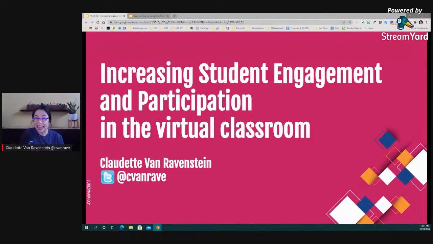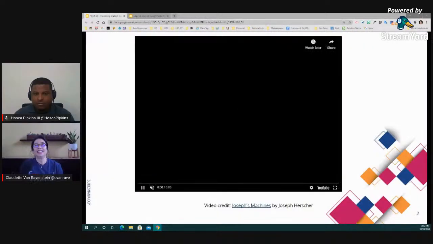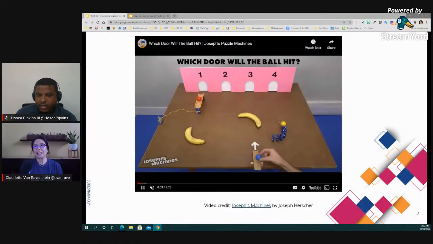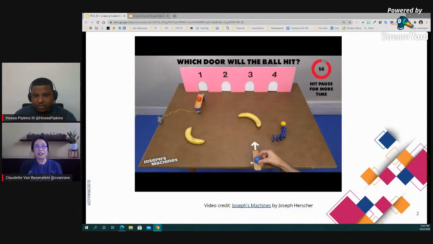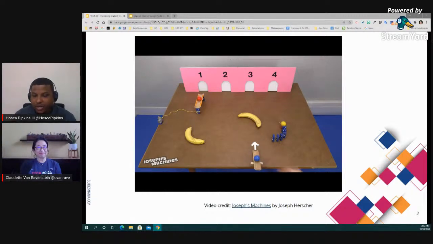In the next slide, I want to give you a heads up. You will be asked to guess which door you think the ball will go through. So just put your answer in the chat for us. Go ahead and type in the chat where you think that ball's going to go. Door 1, 2, 3, or 4. Let's see who gets it right.